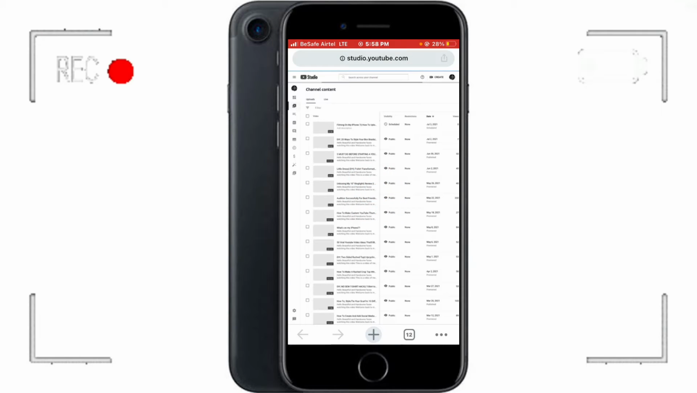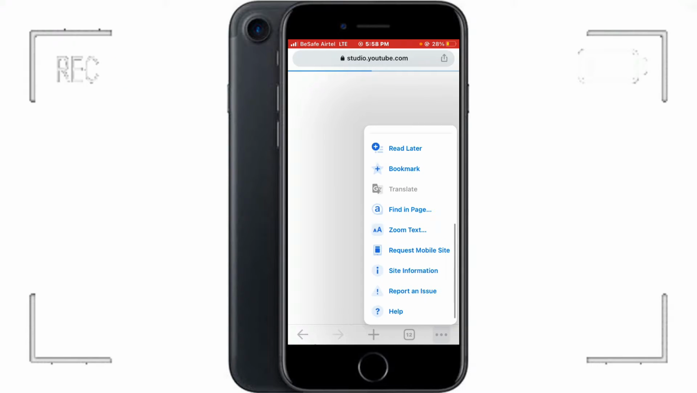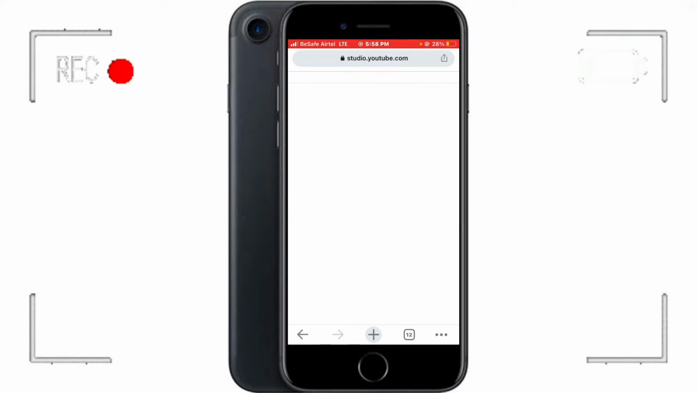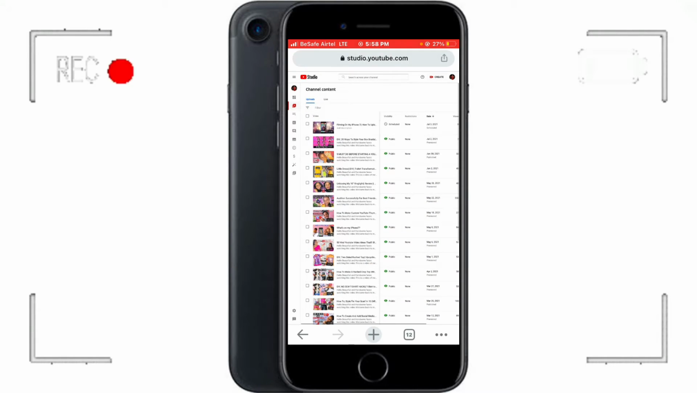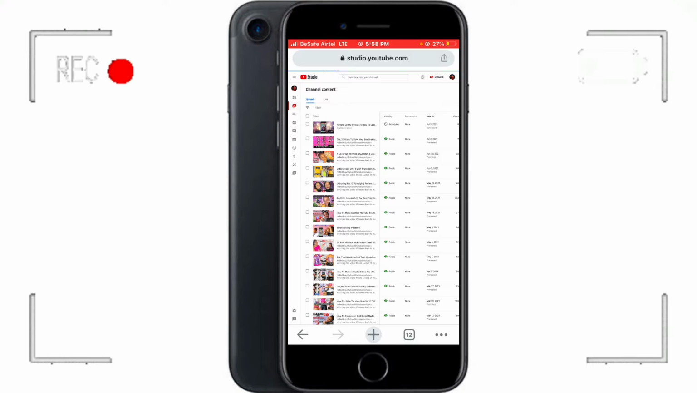All right, and then you have to make sure that your Chrome is on desktop mode and not on mobile mode. If it is on mobile mode, you're not gonna see those options, so you just have to make sure that it is on the desktop mode, right? So yeah,